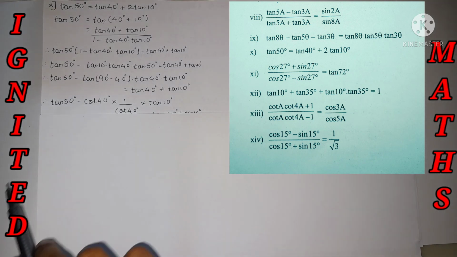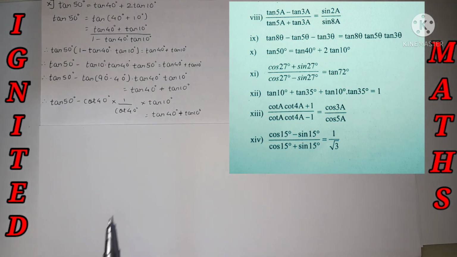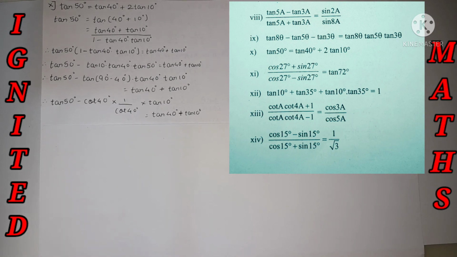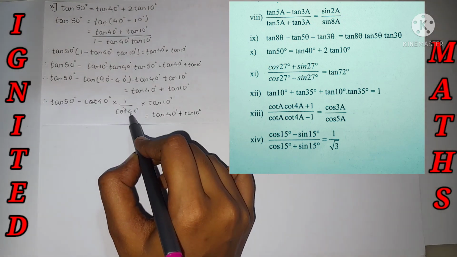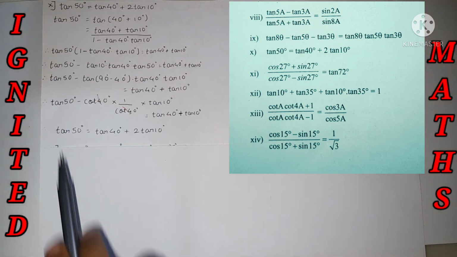And tan 40 is nothing but 1 by cot 40 degree. Tan theta is equal to 1 by cot theta. Yes, and tan 10 I have not made any changes. Why have I done it? Because for taking the relation of it, and I am going to prove the LHS and RHS for that purpose. Now cot 40 over here also just cancels off, and the actual proof we have done.